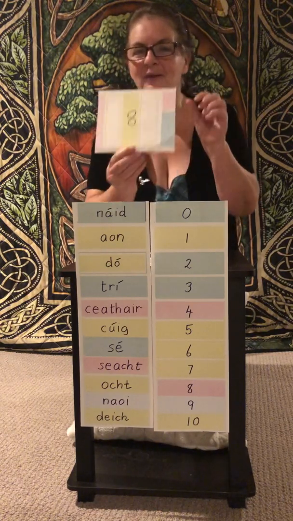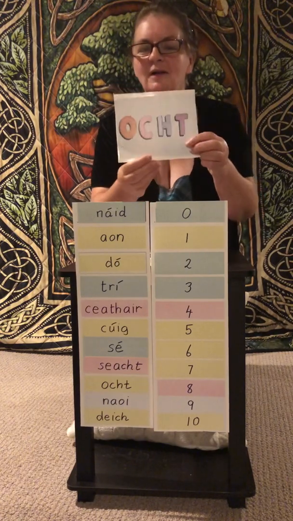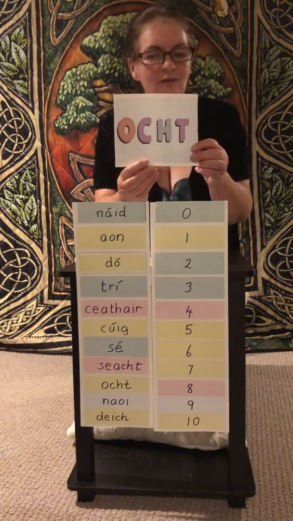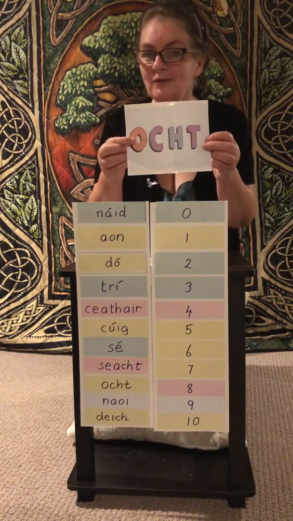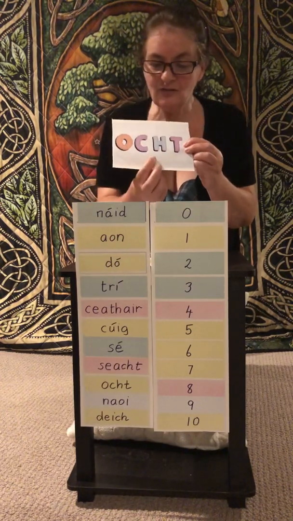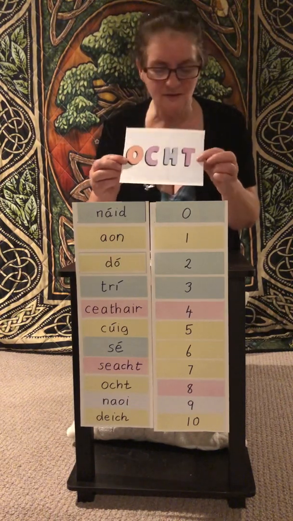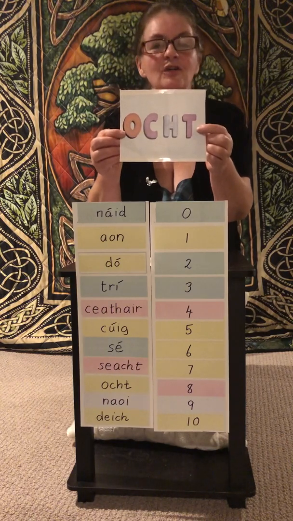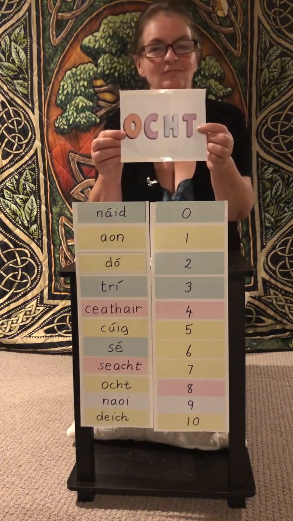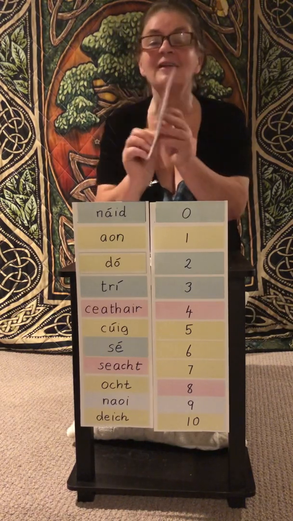How to remember 8? Think of an octopus. It's more like an octopus in Irish because O is pronounced like a U, like an umbrella. Octopus. And the CH here is a little ocht. Ocht. Octopus, 8. Ocht in Irish. Octopus is an octopus, but ocht is 8.